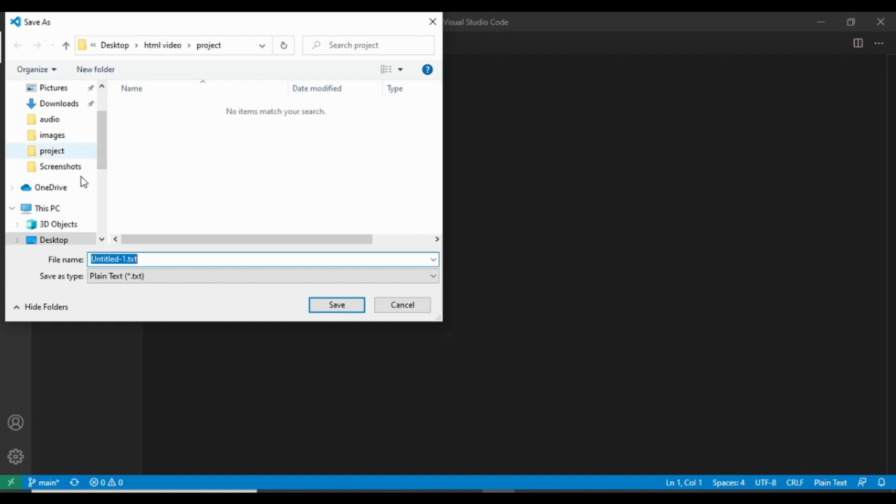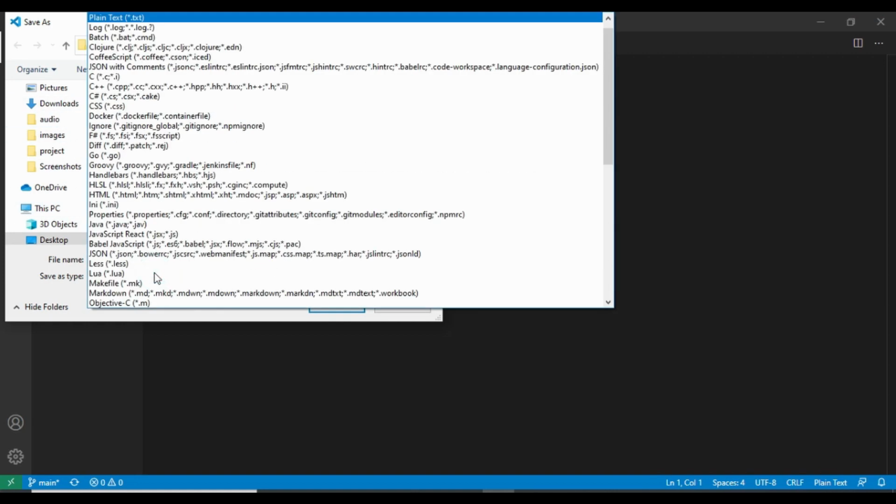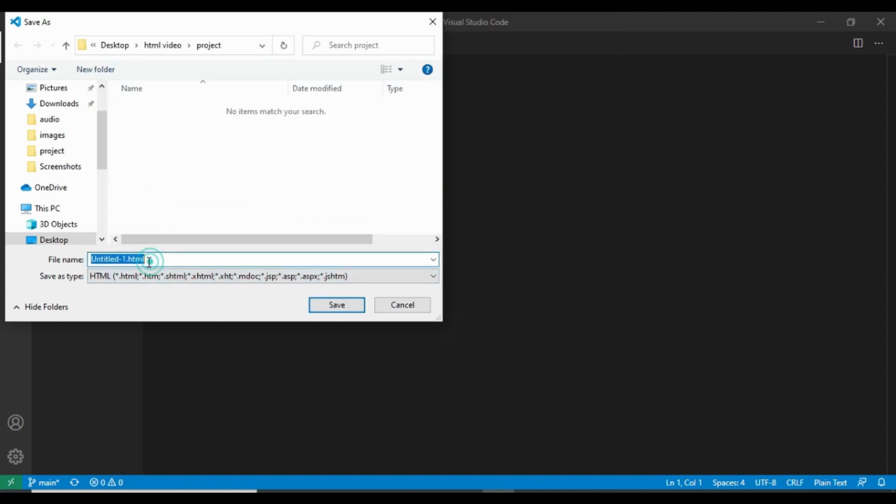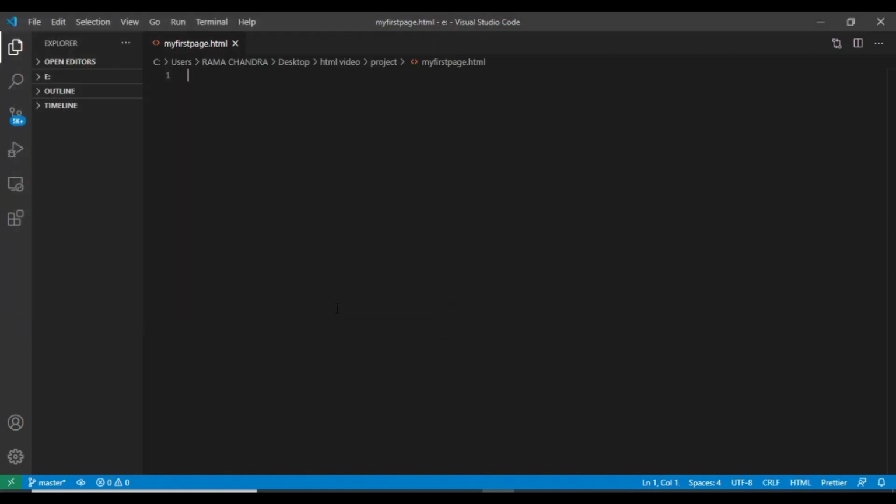Go to the project directory you required and select it as HTML and save as my first page dot html. Remember, save it in .html format only. That's it, your page is created.